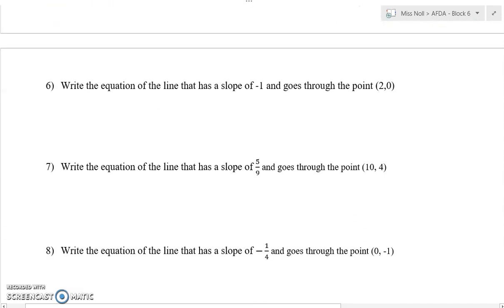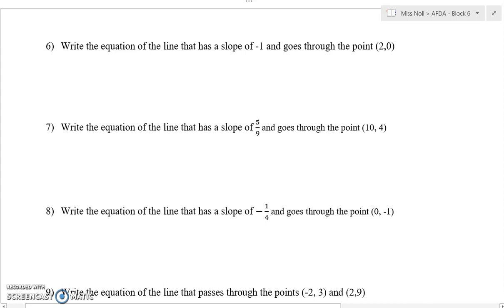Okay, I do want to do a few of these problems. So let's say you're given the slope of a line, and it goes through a point. Number 6, for example: the slope is -1, and it goes through the point (2, 0). So we start with knowing that we have y = mx + b, right? The slope stands for m, and the point (2, 0) is (x, y), as points always are. So we're going to use this information and plug all these variables in. My y value is 0, m is -1, x is 2,